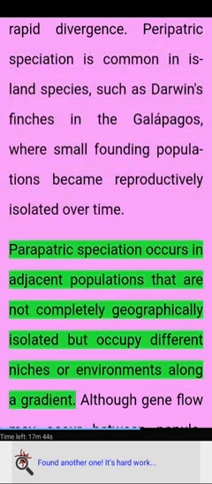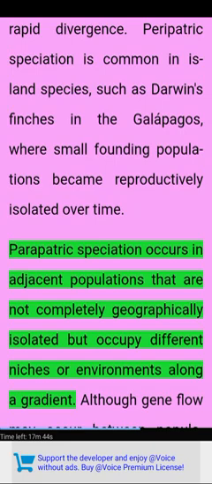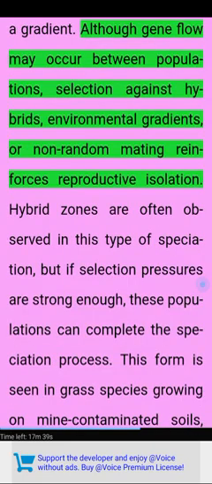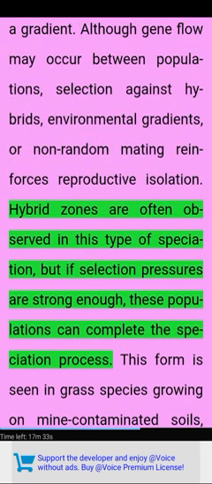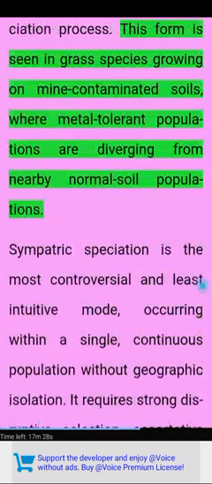isolated over time. Parapatric speciation occurs in adjacent populations that are not completely geographically isolated but occupy different niches or environments along the gradient. Although gene flow may occur between populations, selection against hybrids, environmental gradients, or non-random mating reinforces reproductive isolation. Hybrid zones are often observed in this type of speciation, but if selection pressures are strong enough, these populations can complete the speciation process. This form is seen in grass species growing on mine-contaminated soils, where metal-tolerant populations are diverging from nearby normal soil